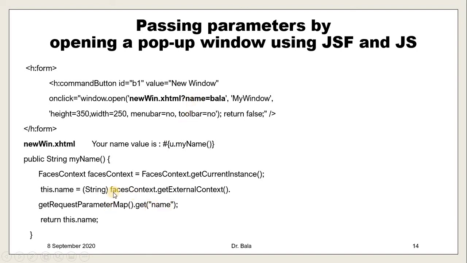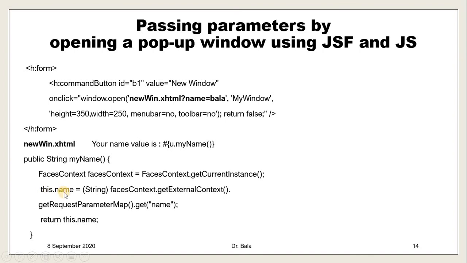The way we are going to call is we create a FacesContext, in which we get the current instance that we assign in the FacesContext instance. Using this instance, we say getExternalContext.getRequestParameterMap.get. This is the procedure. The method getExternalContext has a method getRequestParameterMap, in which we have a method get. In this we specify our parameter name. The parameter we discussed, we put it in the argument, as in the query. That name will be there. Whatever value is returned, we convert to a string and put it in the name value.